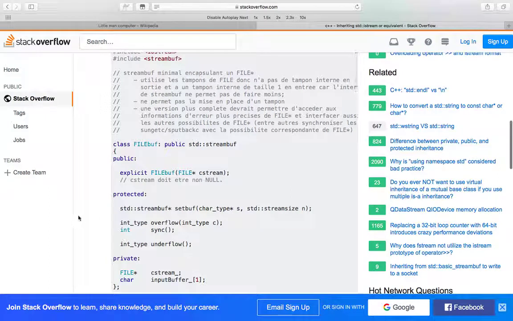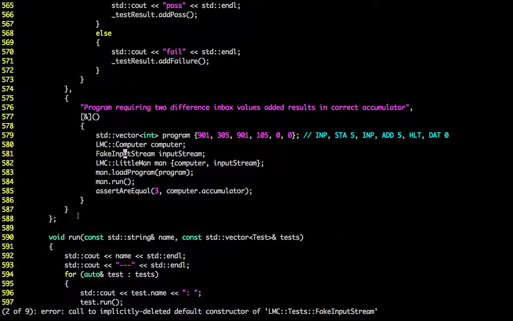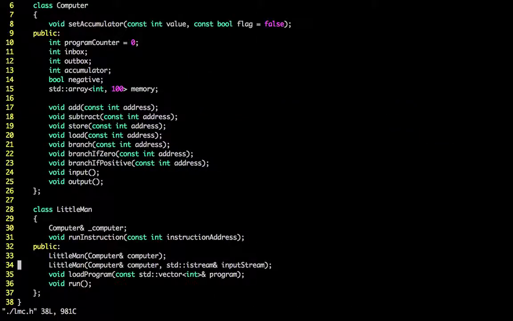So maybe the easier way here is to create our own input stream type. Yeah, maybe we do it this way. Much as it would be nice to use iStream, I think we're going to spend too much time messing around with that if we do go down that line. So instead what we can do